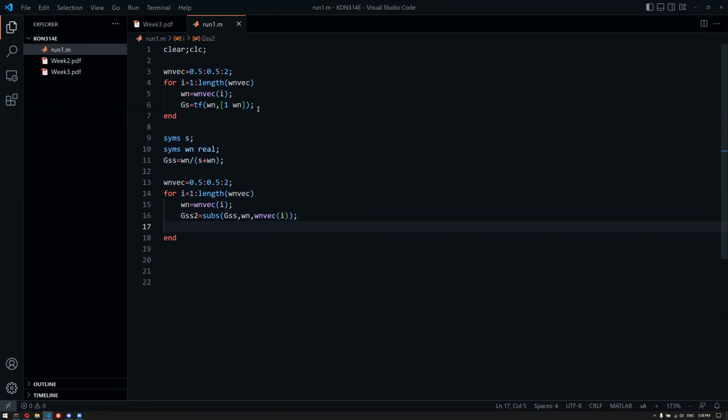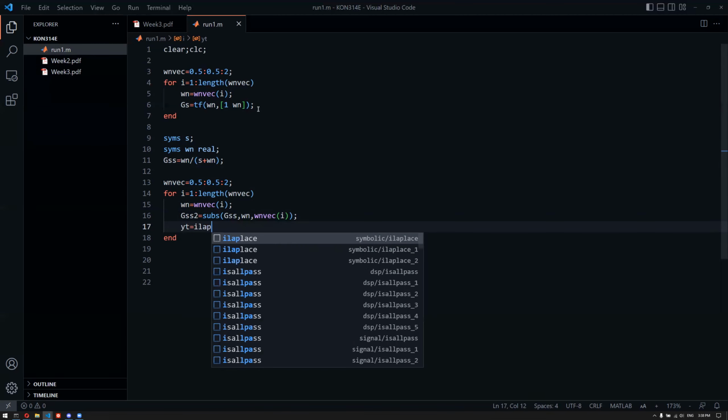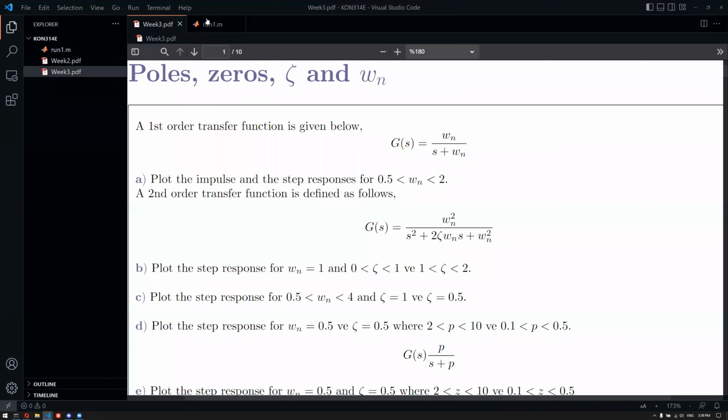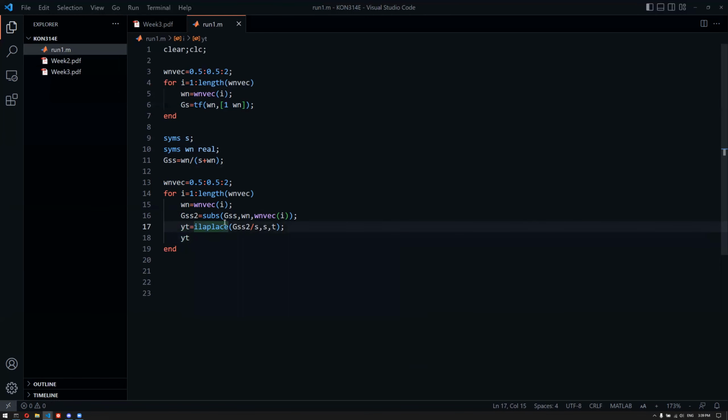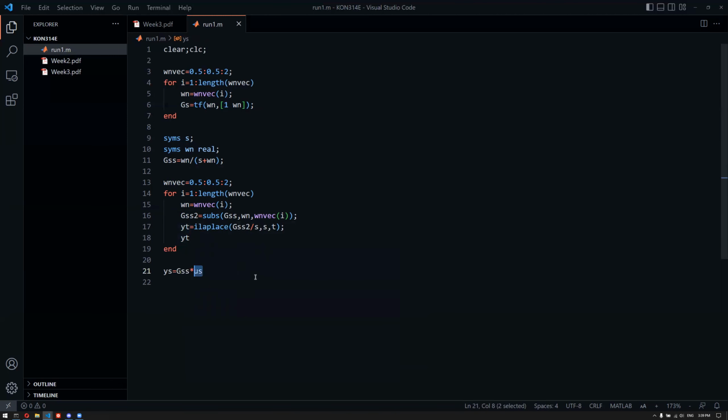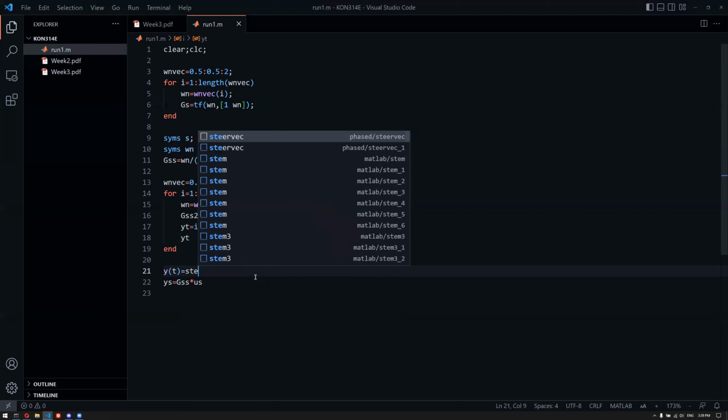But what we can do is, if we don't, for example, want to convert it into a transfer function object at all, we can just look for the inverse Laplace transform and say G(s)2 divided by s, comma, s, t, and we would have y(t). So since we are trying to look for the step response and impulse response of this, we can use the inverse Laplace transform. And the reason why we divide it by s is that the output in the Laplace domain is G(s) times U(s). And if we are using a step type input, u(t) equals step,